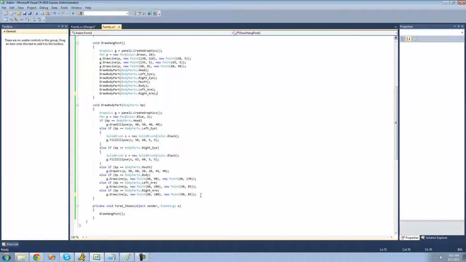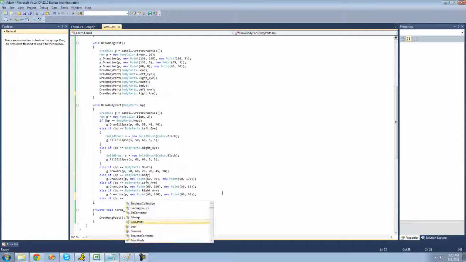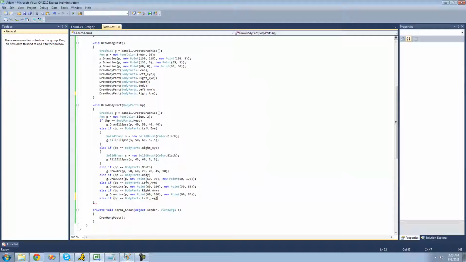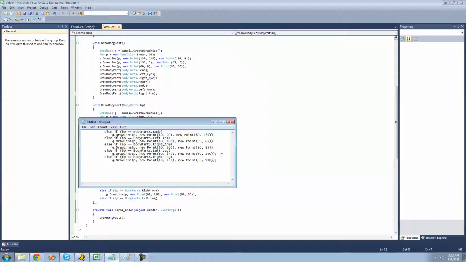So, just like before, I have all the code copied already, so all we're going to have to do is type else if, and we're going to check to see if the body part that the user passes through this draw body part method is left leg. So we're going to say if BP equals body parts dot left leg, and then we're just going to basically draw a diagonal line from here to about here. And I already have the code for that, so copy that right here